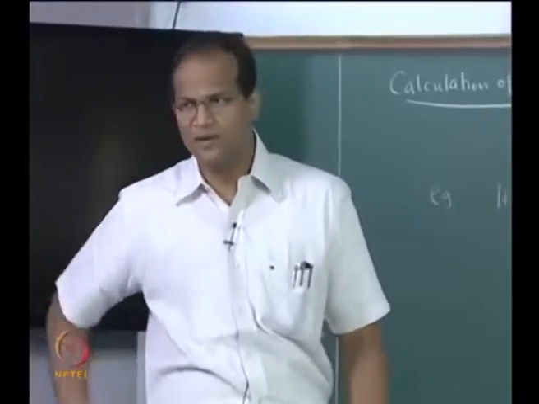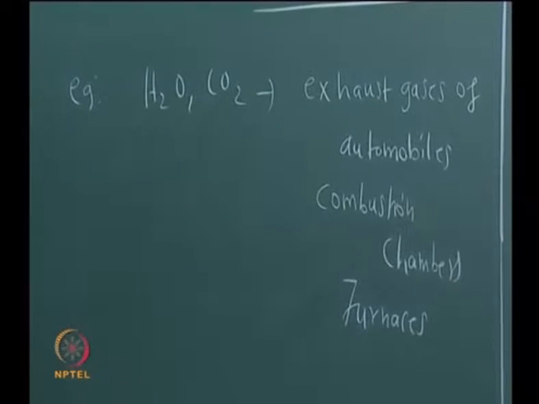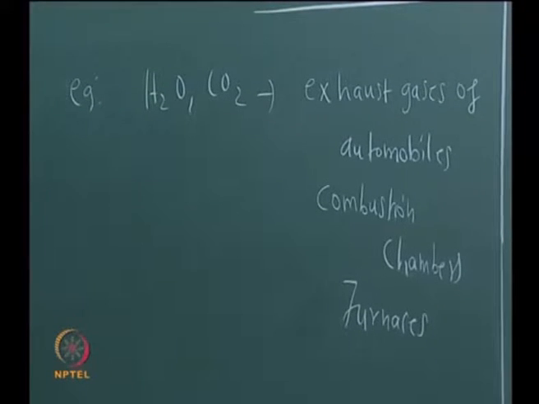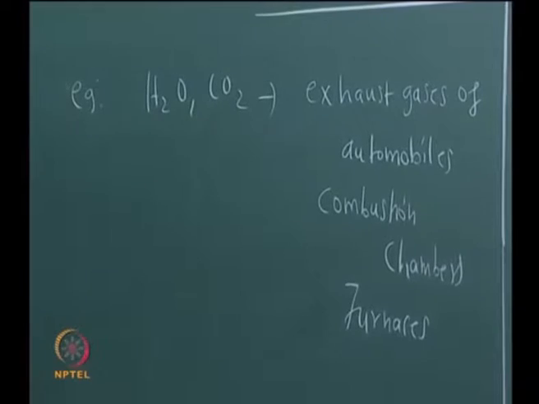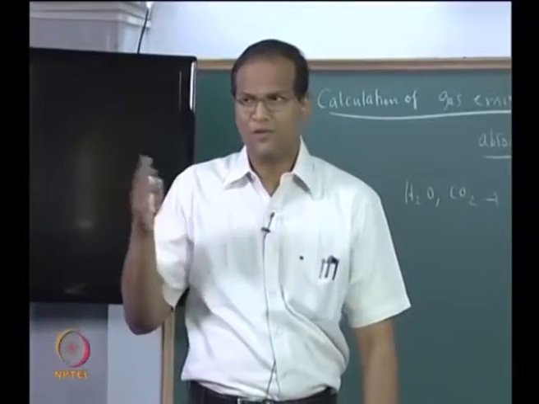Wherever you burn a hydrocarbon, you get this water vapor and carbon dioxide, and water vapor and carbon dioxide are both radiatively participating, okay, and they interact. So, there will be an overlapping band, you cannot separate out the absorption band. If you see,